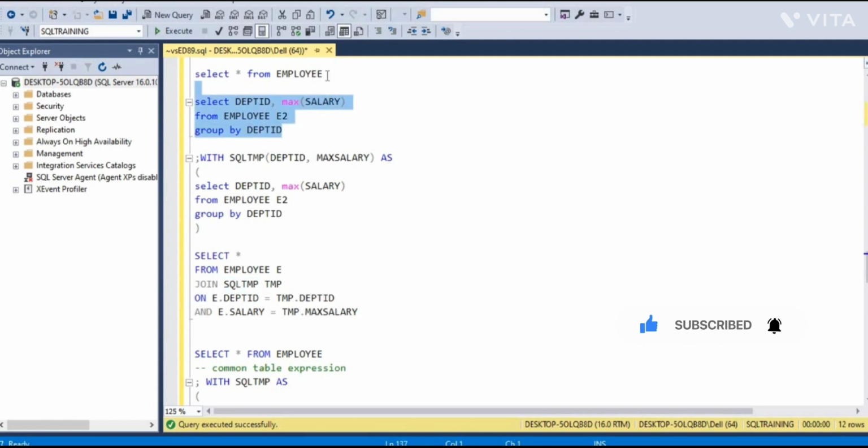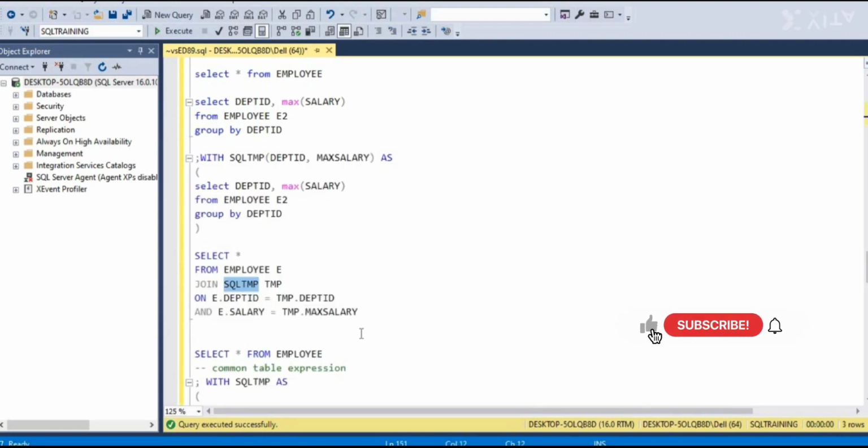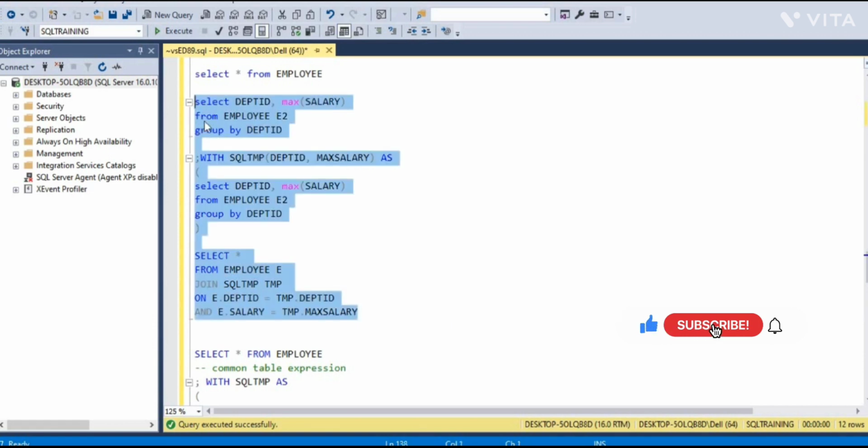So SQL TMP is nothing but this, and the employee table is this. I am joining this employee table with the SQL TMP, which is the CTE, based on both columns, department and salary. So if we run this, as we have seen in the example now,